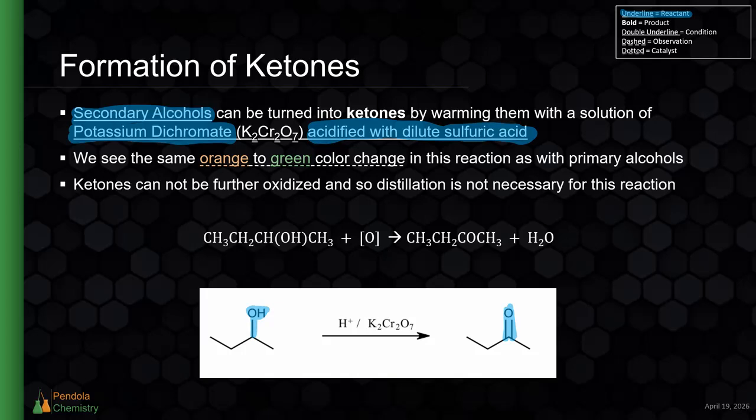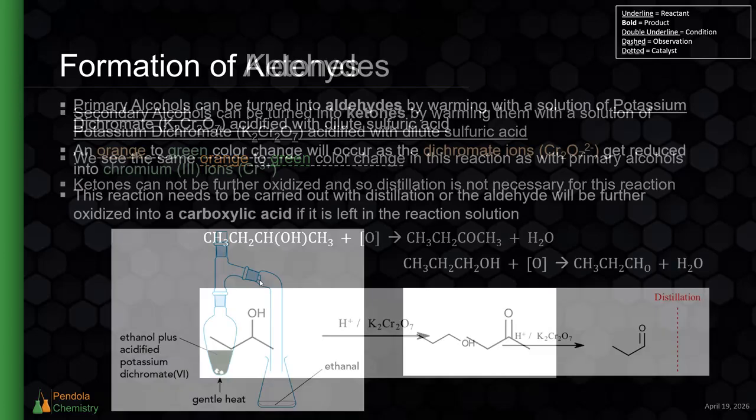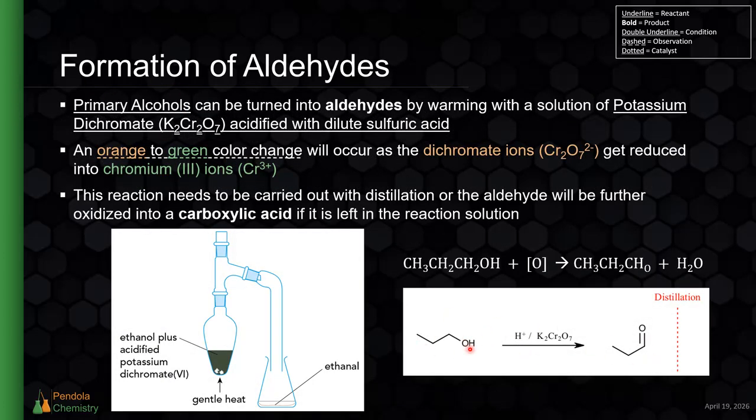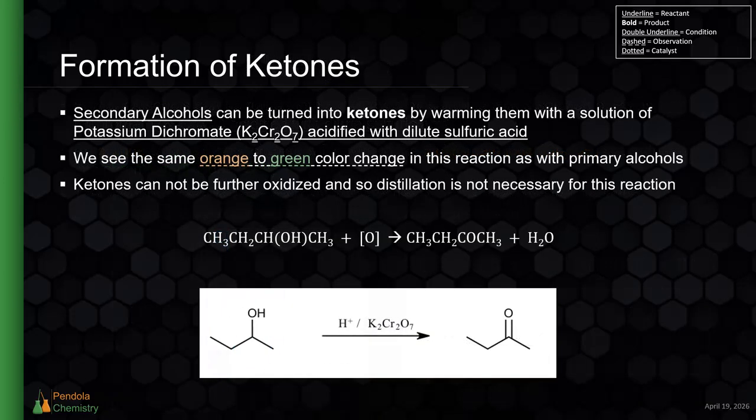The reason why primary alcohols create aldehydes is because the oxygen on a primary alcohol is on a terminal carbon. It's on the carbon at the end of the chain. So the carbonyl group on that aldehyde that's created is going to be on the terminal carbon, creating the aldehyde. However, with a secondary alcohol, the oxygen is on a carbon that already has two carbon atoms attached to it. So when the carbonyl gets made, it gets made in the middle of a chain, making a ketone instead of